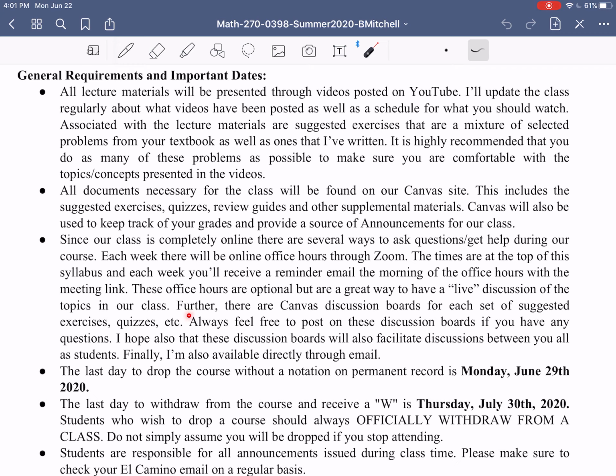As I just mentioned, there's also Canvas discussion boards for each set of suggested exercises, quizzes, etc. My hope is with those Canvas discussion boards, this will really help you guys discuss and talk to one another. I'll definitely hop onto the discussion boards and answer questions if I see something that keeps coming up, but I really want that to be an opportunity for you guys to discuss with one another, just like you would be